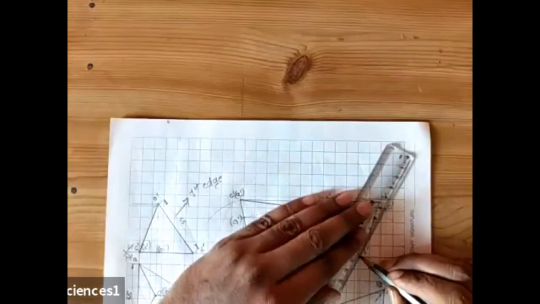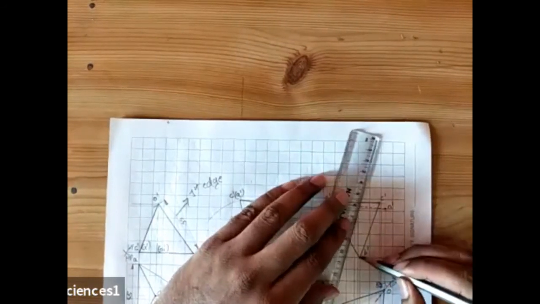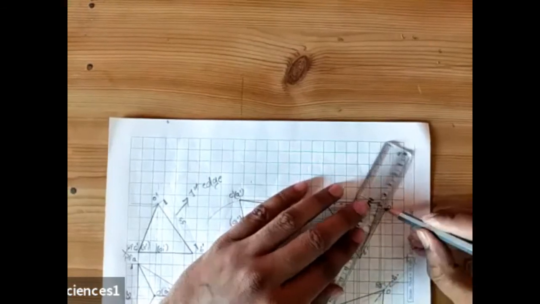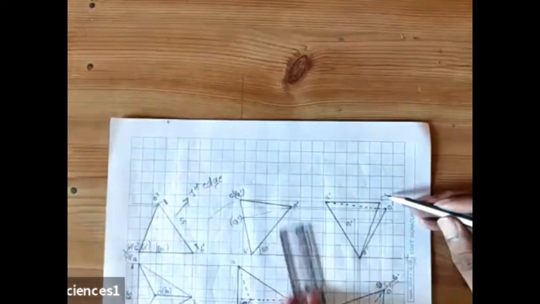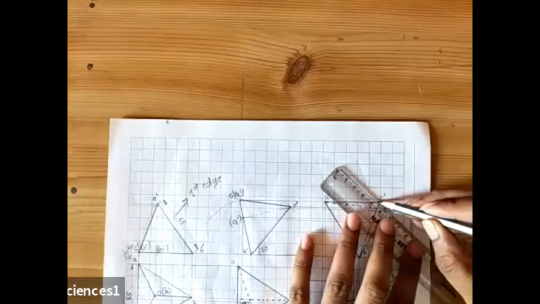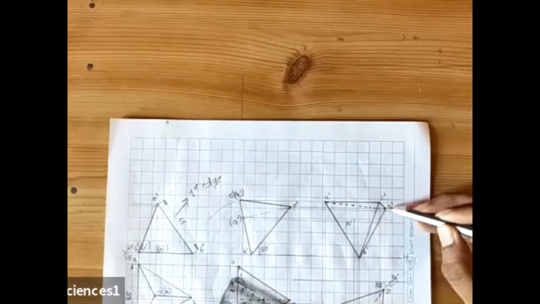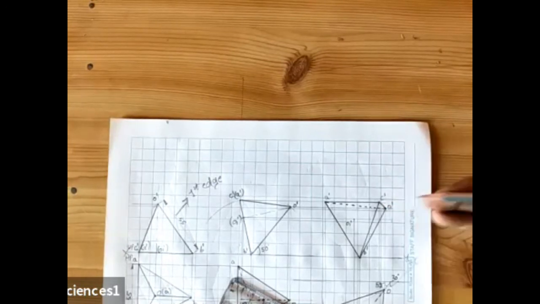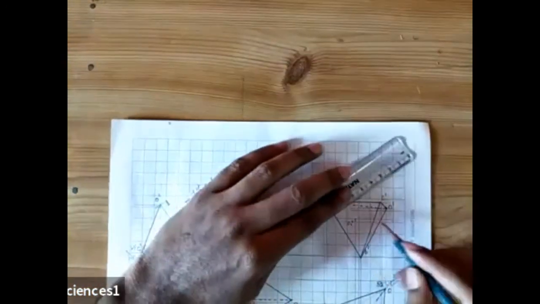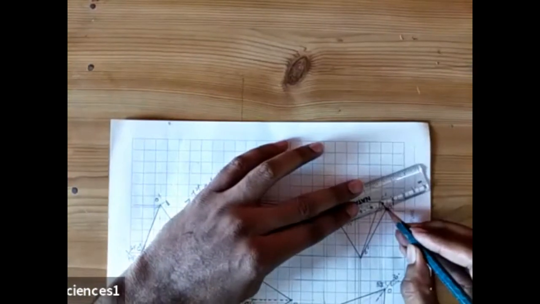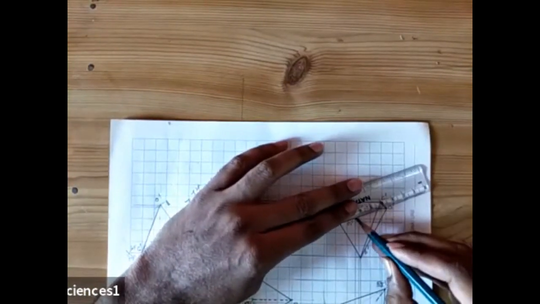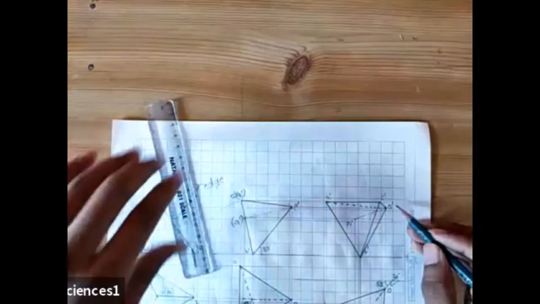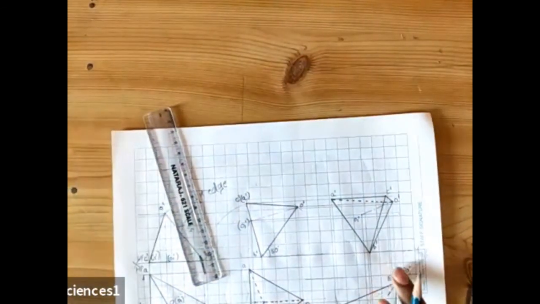Okay, it's done. Now B dash to O dash. When I start joining from B dash to O dash, there is no edge coming in between. So directly you can join it. It is visible. And what about C dash to O dash? It is also visible. Okay, C dash to O dash also will be visible for the observer. It is also thick. And finally, join the axis, that is O1 dash to O dash. This is your axis, and this is the final view.